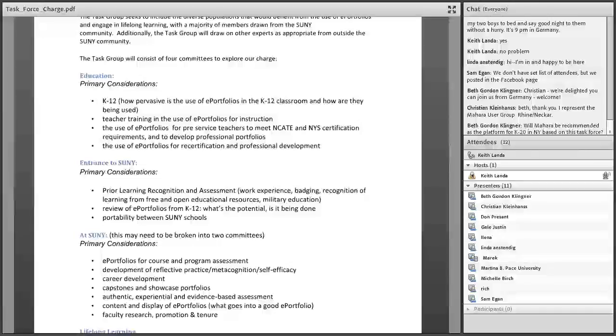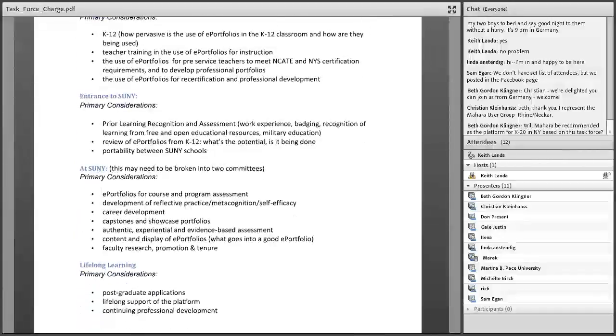There are a number of members on the group from Empire State, and of course Empire State has a big focus on prior learning assessment, and we want to have easy transition from K through 12 as well into SUNY, so that's what that group will be looking at. I'm heading up the at-SUNY subgroup, which is really going to be looking at how e-portfolios are used and can be used on SUNY campuses.